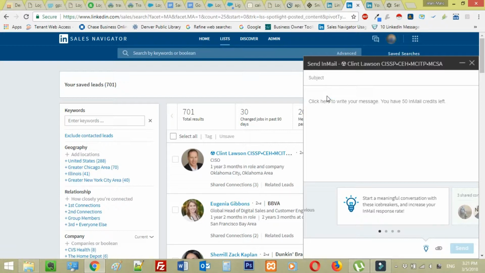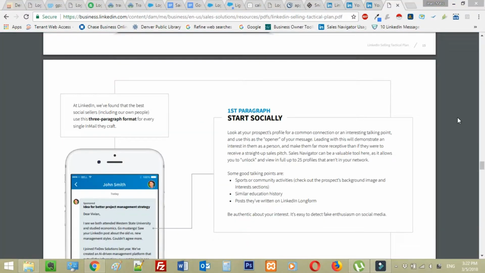If you want to mention specific things that you've done, specific things you have in common, you'll see over here when it comes to LinkedIn's tips for doing InMail correctly, we're going to agree on a lot of the same things. Like they say, you want to start socially. So if you have things in common like sports or community events, LinkedIn is saying here, similar education history. If you've been in the same job, if you both happen to work for Salesforce, what have you,